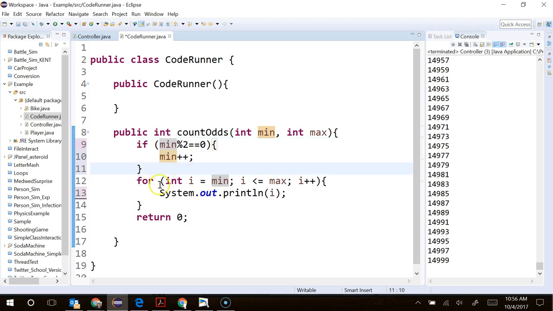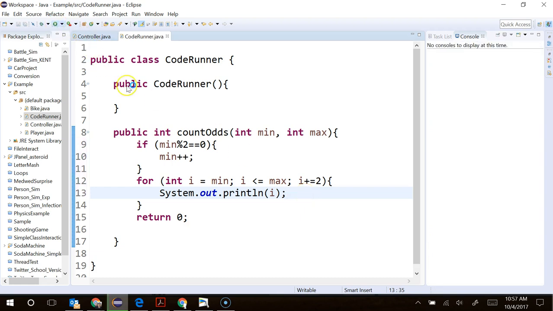Okay? Now, the only thing that's going to happen here is if I do it, it's going to start at an odd number, but then it's going to print out every number after that. So how can I make sure it only prints out every other number? Oh, i plus equals 2. So i equals i plus 2, right? And we can make that shorthand by saying i plus equals 2. Okay? So now if I do it this way,